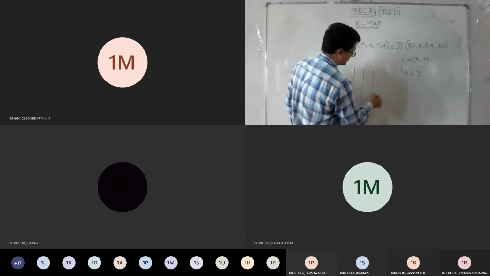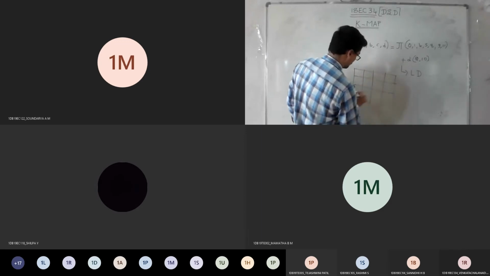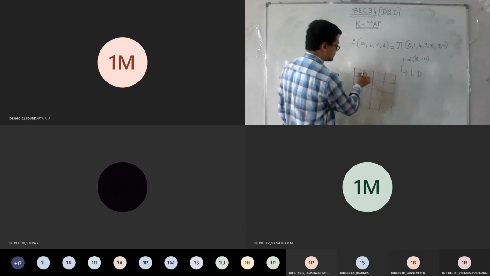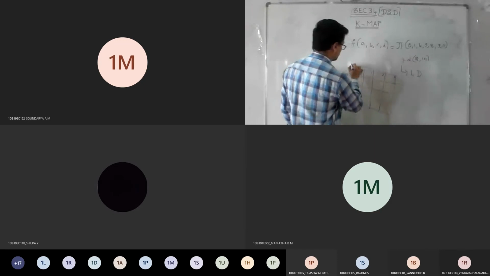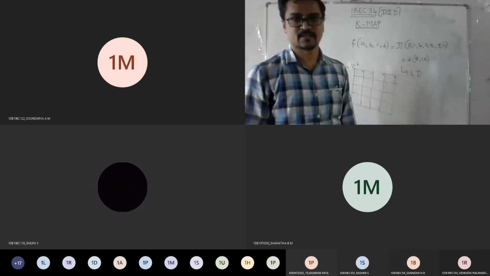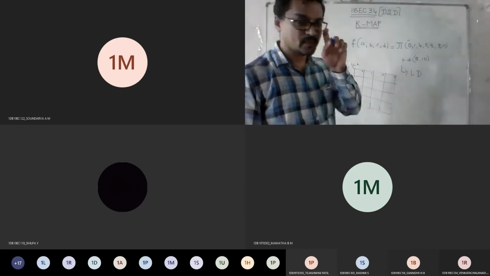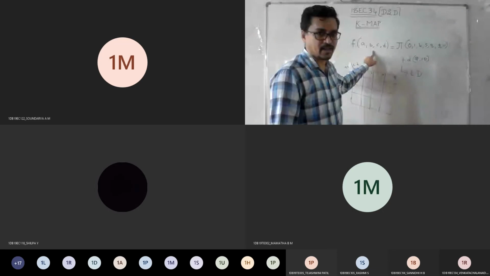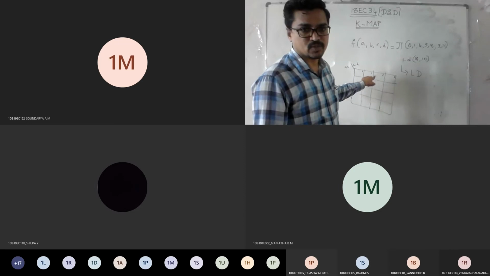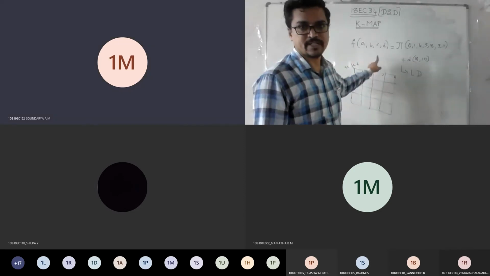So let me plot the K-map for this. 4 cross 4, so 16 cells. Plot a K-map of 16 cells and number it. So inputs A, B, C, D. See, if they give capital letters as variables, go with capital letters. If they give small letters, go with small letters. You should act according to the question. If they give PQRS here, don't take ABCD here. That is completely wrong. If the example is XYZ, don't take PQR here. So read the question carefully.